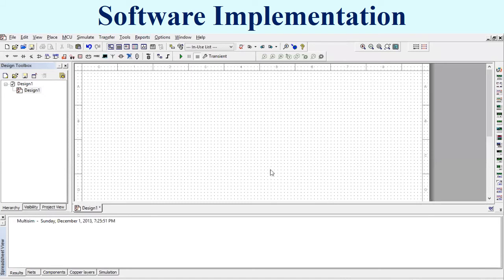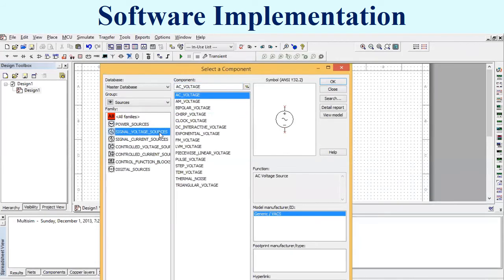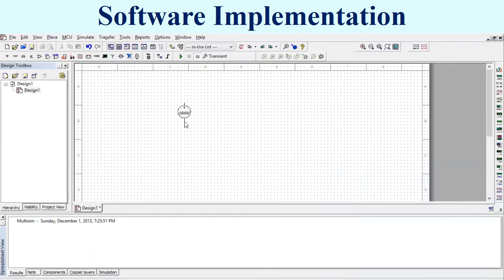To simulate the step response of the RC circuit, we move to the NI Multisim software. Firstly, we place all the components: the resistor, capacitor, pulse voltage supply and the ground, by going to the component placement section of NI Multisim. Click on this section and pick the pulse voltage by going to Sources, then Signal Voltage Source, then pick Pulse Voltage and place it.